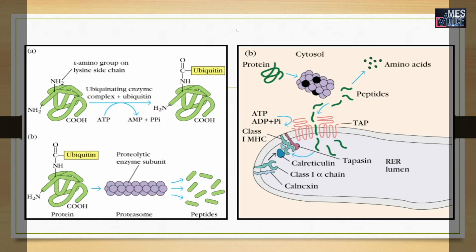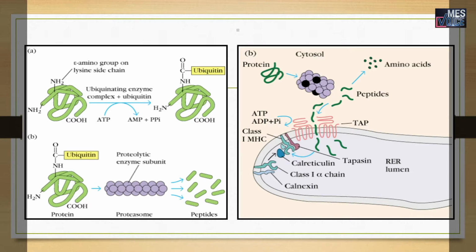1 molecule. The MHC class 1 molecule is present on the membrane of the rough endoplasmic reticulum. It is produced by polyribosomes located along the membrane of the rough endoplasmic reticulum. And in the diagram you can see certain proteins called molecular chaperones associated with this MHC class 1 molecule. Here we can see calnexin, calreticulin, and tapasin. These are the 3 molecular chaperones,